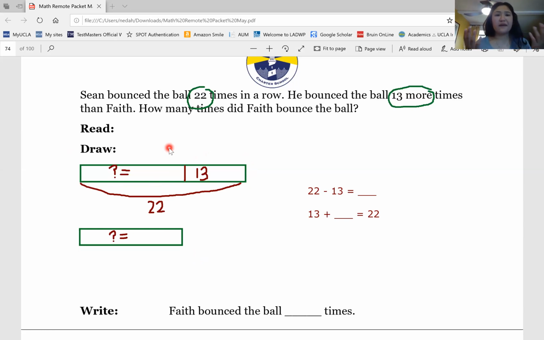What tool are we using to help us solve a problem where we don't know a part? We're using a double tape diagram. That's right. Now let's solve. Now raise your hand or give yourself a pat on the back if you have one or both of these number sentences set up. Nice job. Let's solve those number sentences. So I know that